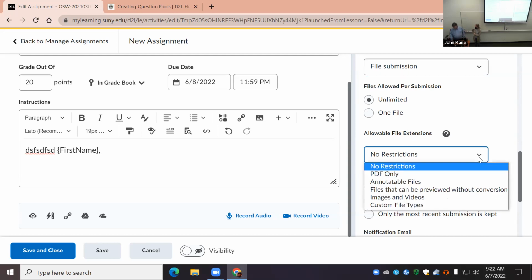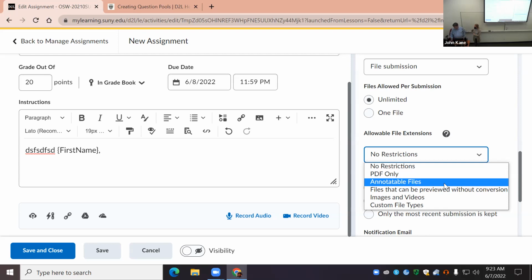Now, this is a useful tool if you want to make sure that students are uploading what you want them to submit. You could restrict it to only PDF files. You could submit it as annotatable files so that you're able to use the annotation tool, which is so much better than what we had in Blackboard ever since they lost that. Originally, when we first adopted it, Blackboard had pretty good embedded editing tools where you could add notes to students' work and so forth. But we lost that when their contract broke and they tried to build their own, and it just was kind of awful. But basically, annotatable files include things like Word, PDFs, Google Docs,